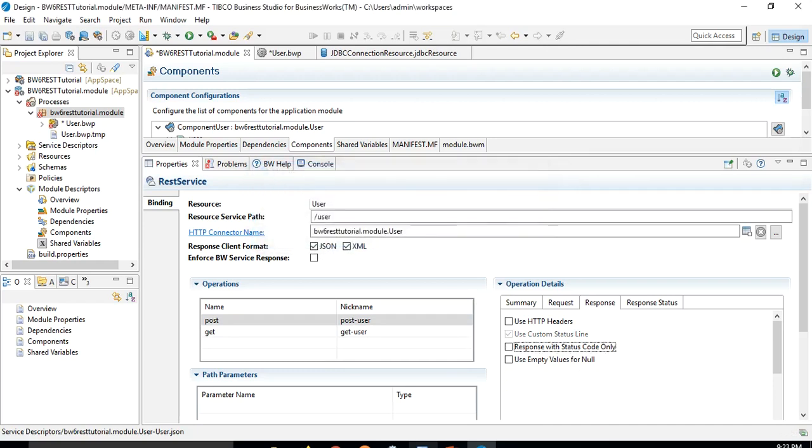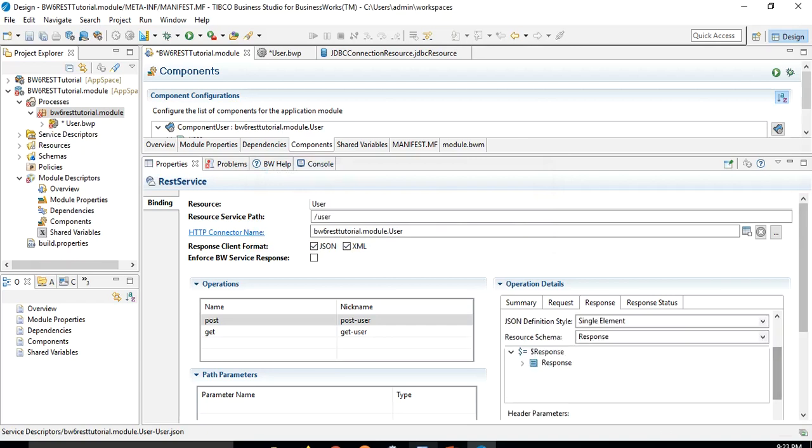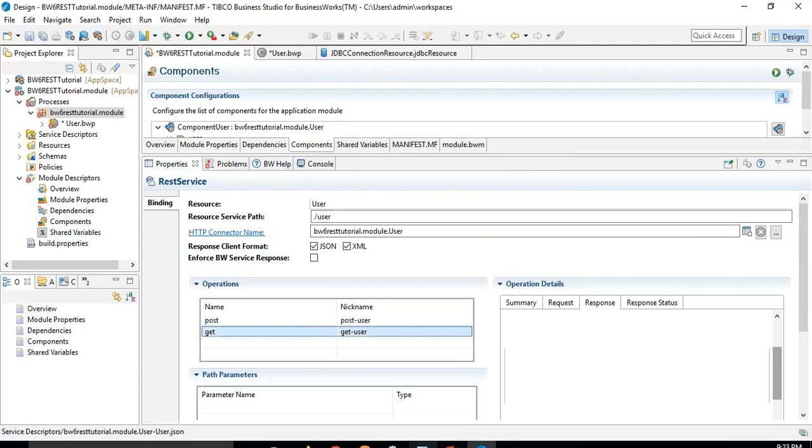Okay, so we have unchecked this one. Now if you see, the response will be in this format as we specified in our schema. Similarly, for the get operation,